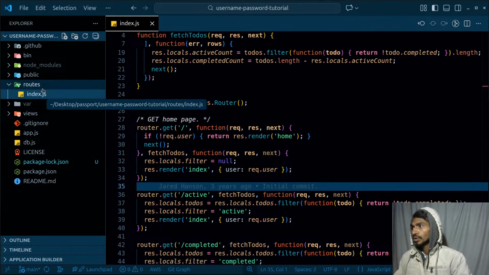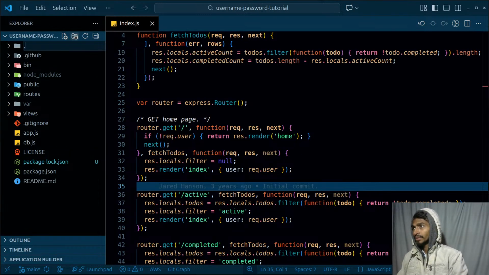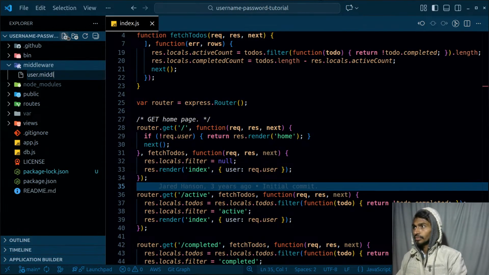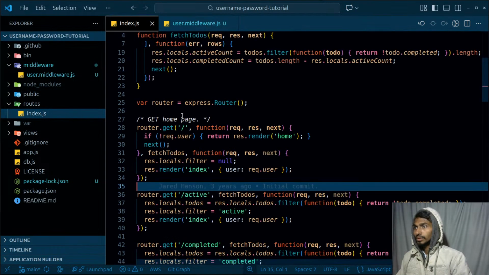For that thing, I will have to create a middleware file inside this, so that it gets easier to read. So let's do that. I mean, why not? Middleware, and that's going to be user.middleware.js just here, and if I go to my route.js file over here,